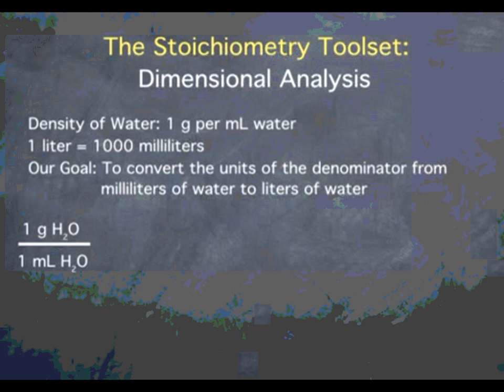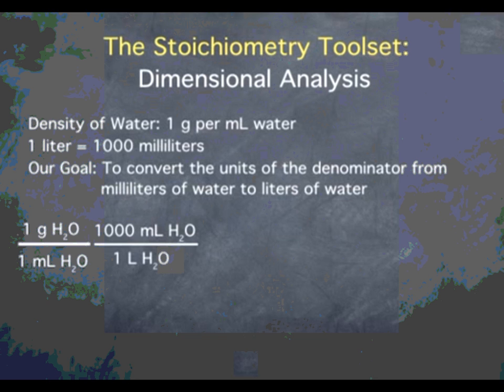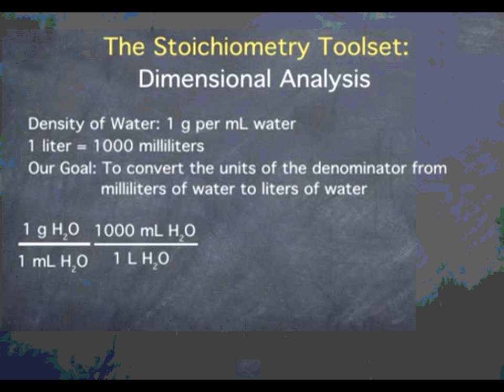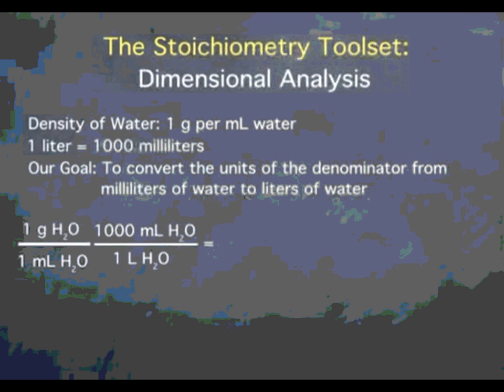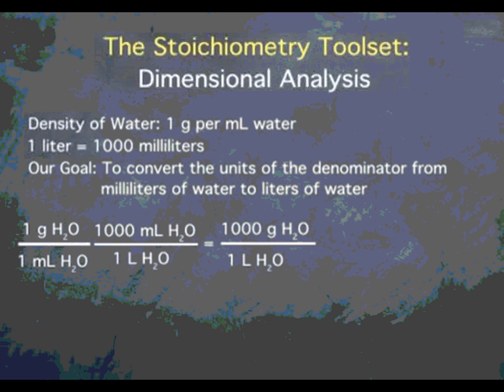We can do this by multiplying the ratio 1,000 milliliters of water over 1 liter of water. From the above definition, we know this ratio is equal to 1. So this changes only the unit of quantity, not the quantity itself. The multiplication gives the value of 1,000 and units of grams of water per liter of water. So we have achieved our goal of converting the density of water from units of grams per milliliter to units